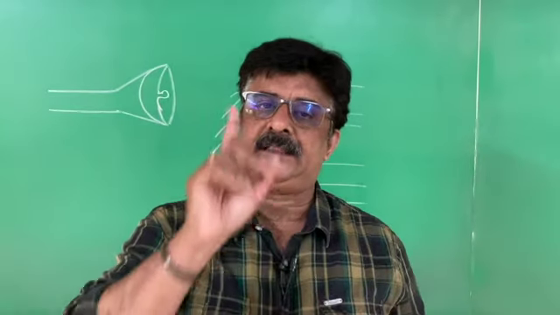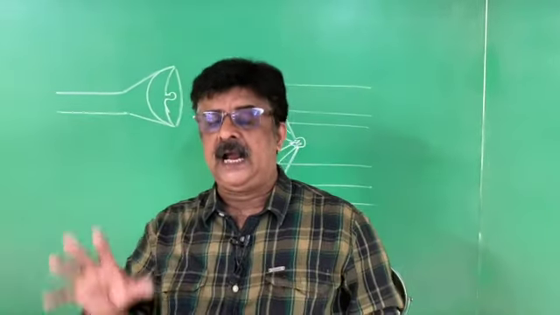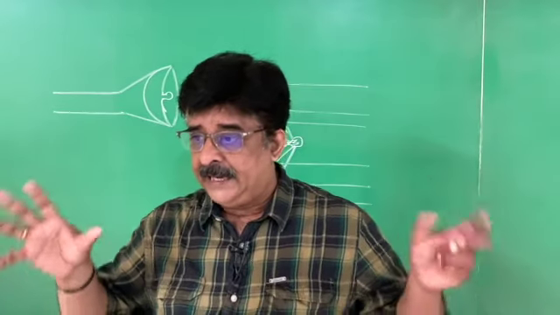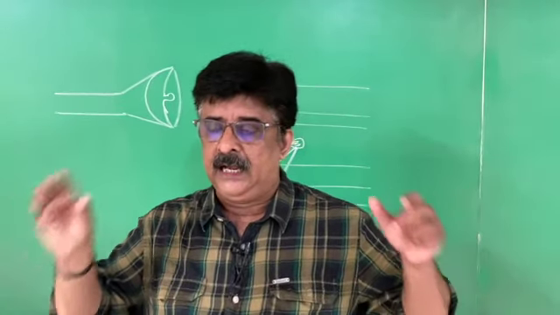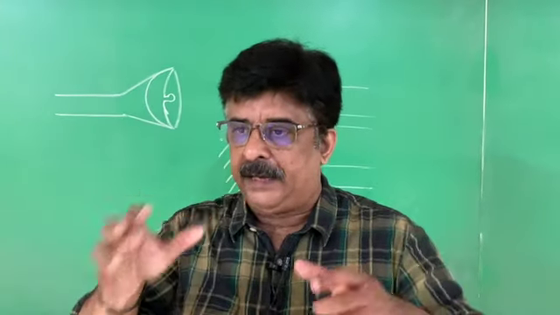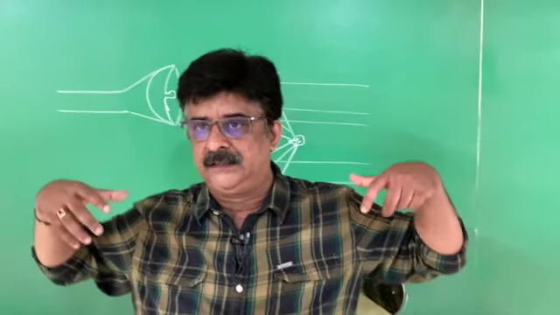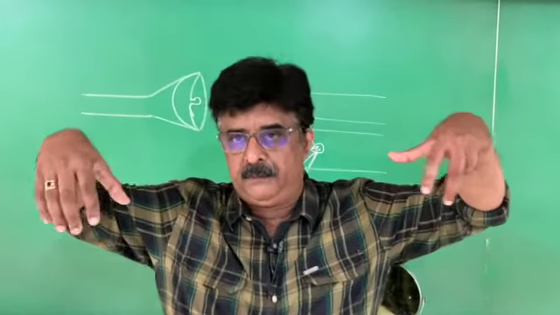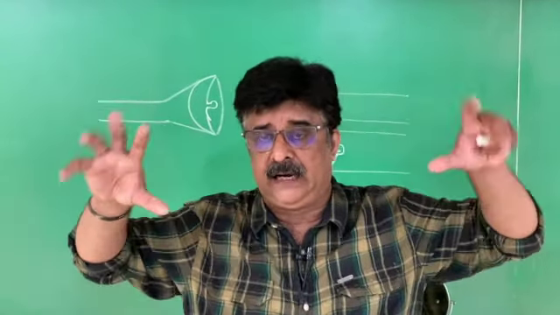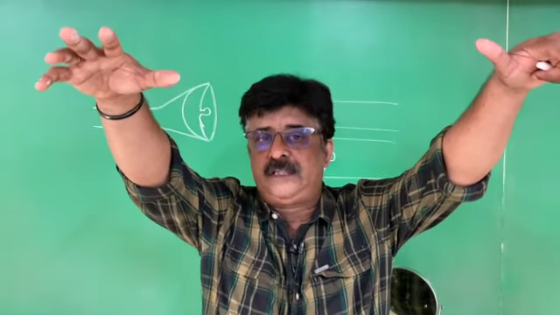The first use is that the concave mirror is used in torches, searchlights, and even in the headlights of vehicles. There, the bulb is placed at the principal focus. By that we get a parallel beam of light. Therefore, particularly in vehicles, we can see the road. Because the rays of light are parallel, we can see the road to any distance.